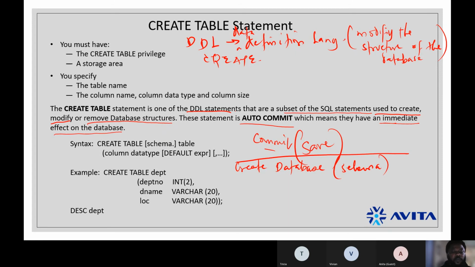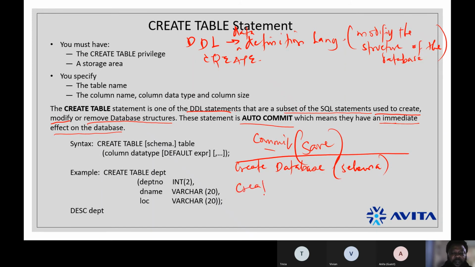When you open your Workbench, you'll see that you've connected, but you do not have a database to work with. Are you following me? So we want to create a database. How do we create a database? We use the create database statement.